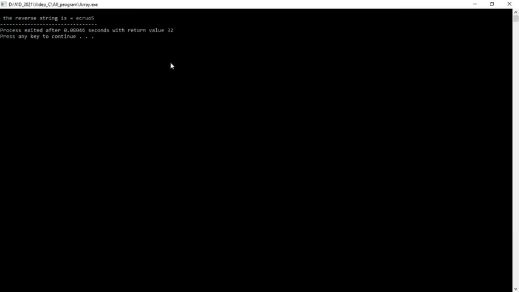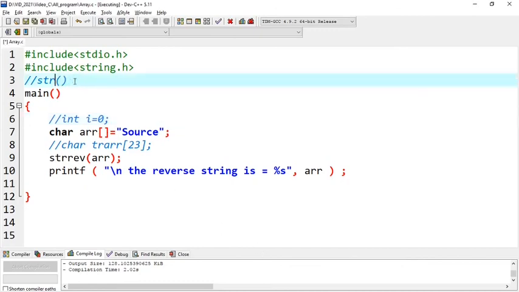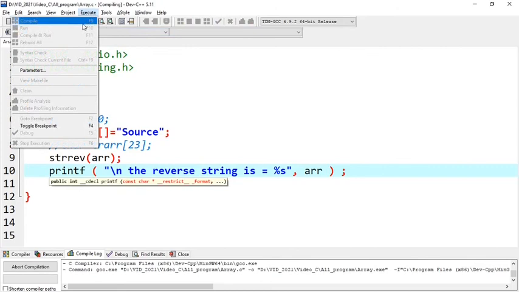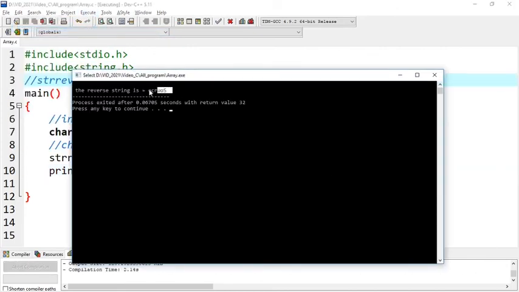Source has been reversed. These three functions I have shown you. Strrev, the string has been reversed.